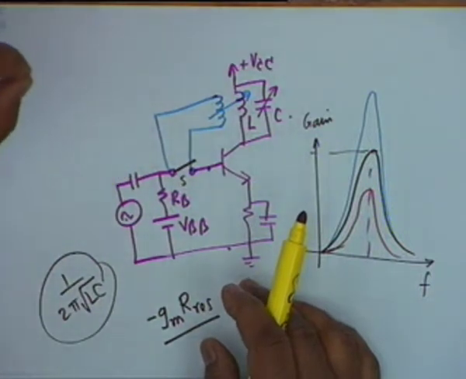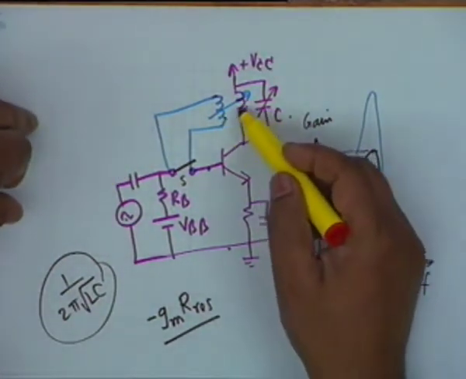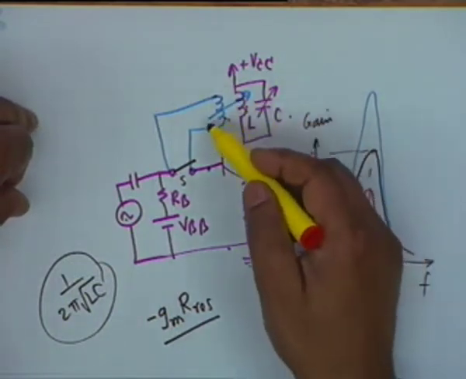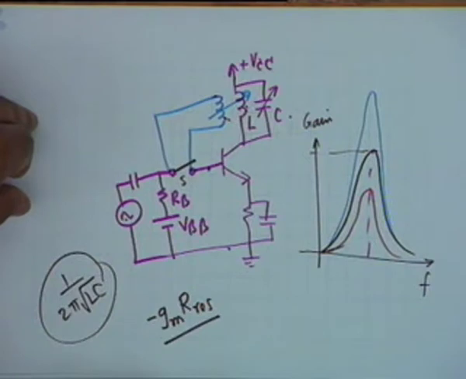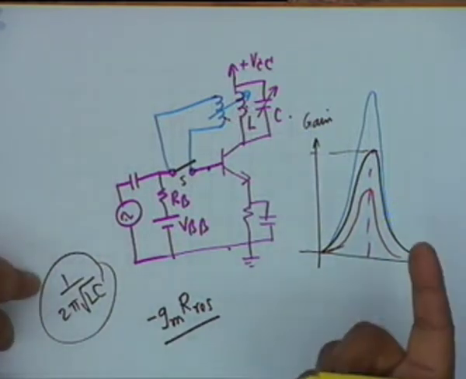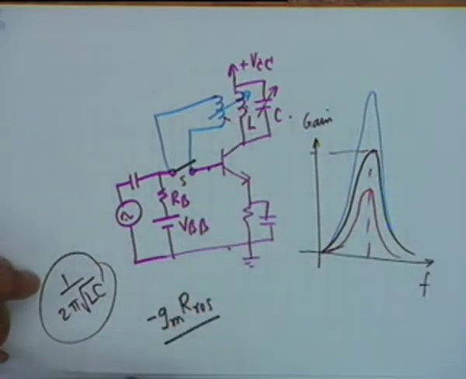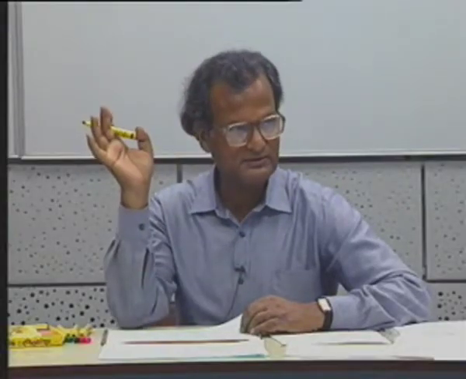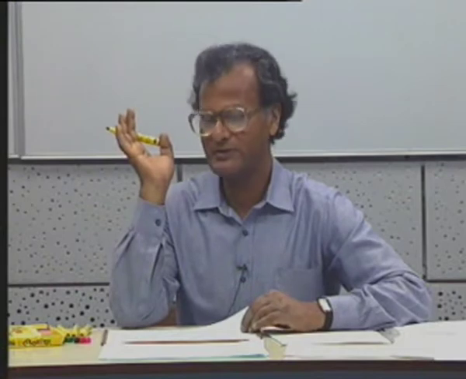H is the fraction of the output voltage. That will depend on the turns ratio between these two. If this is 10:1, then 1/10 of the voltage would have been fed back to the input. So, G is frequency dependent, H is not. On the other hand, there are systems in which G is frequency independent and H is frequency dependent.